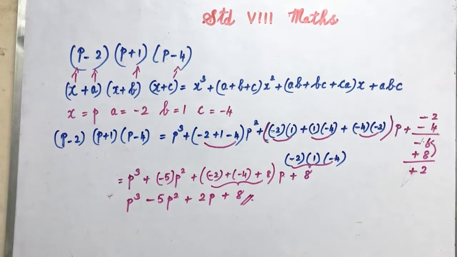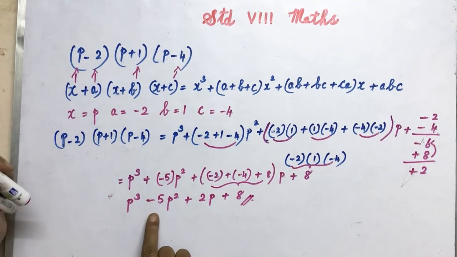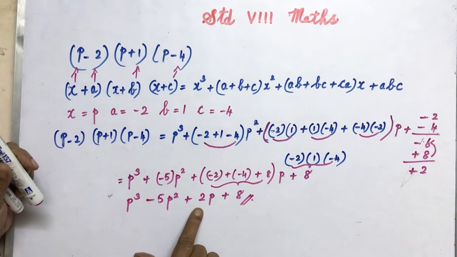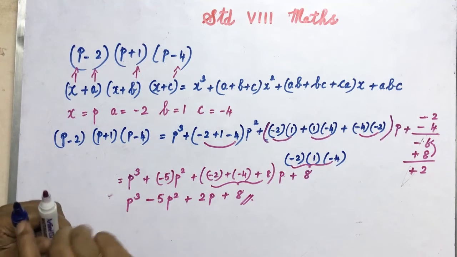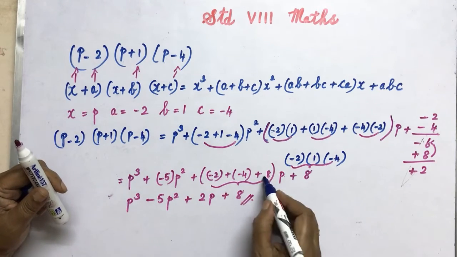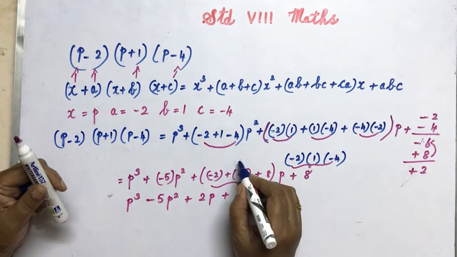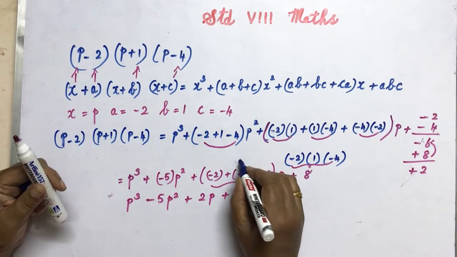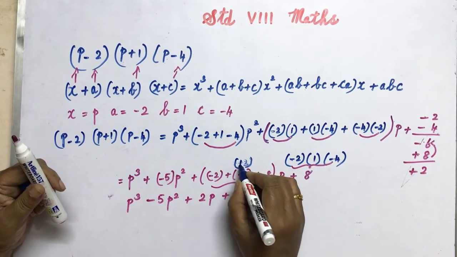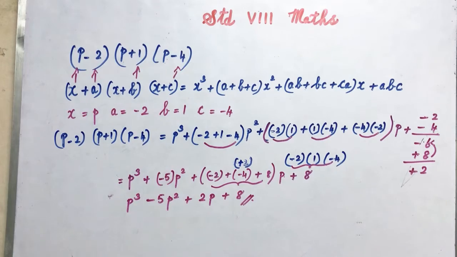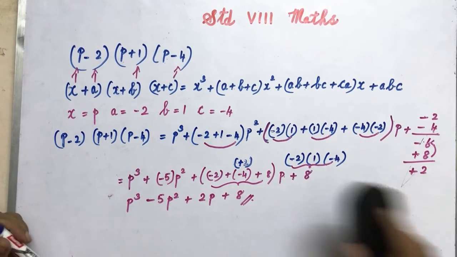So this is the answer: p cube minus 5 p squared plus 2p plus 8. For this answer what we have found out is plus 2, so plus 2 into p we have to multiply. Now next sum is